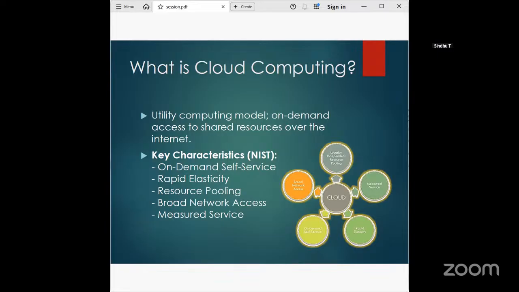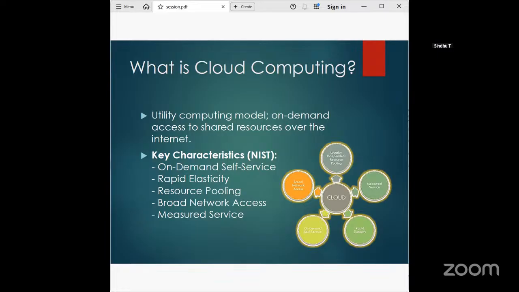Computing? Okay. So as per the PPT, we have some key characteristics of cloud computing, NIST. That's nothing but the National Institute of Standards and Technology. So basically, cloud computing is a technology that provides access to shared computing resources like storage, databases, networking, and software over the internet. It enables users to store and access data and applications remotely without managing the physical hardware directly. It's like with the help of virtualization. So think of it not as just someone else's data center, but as a utility model for computing resources.